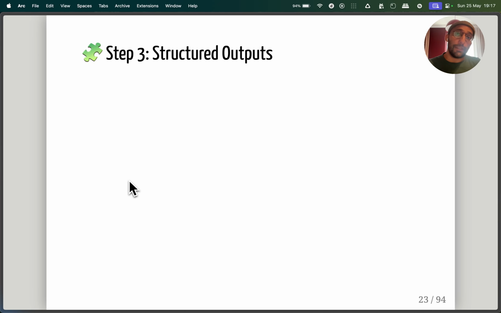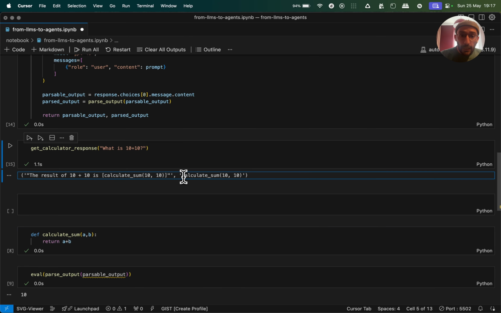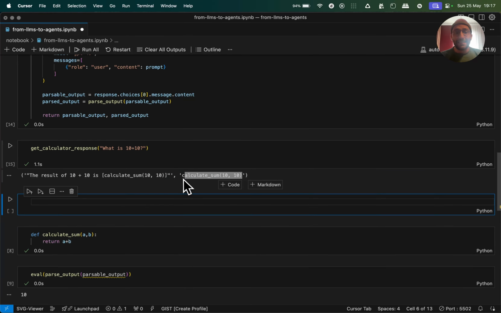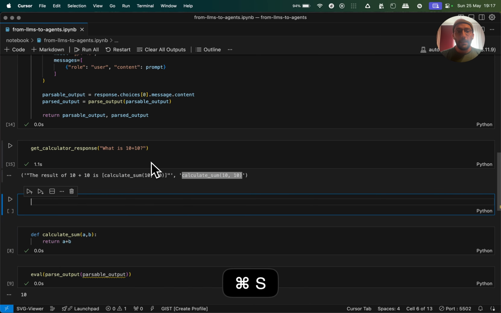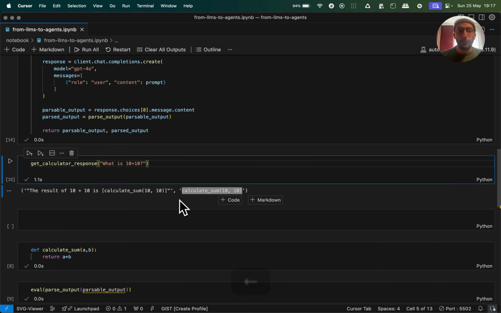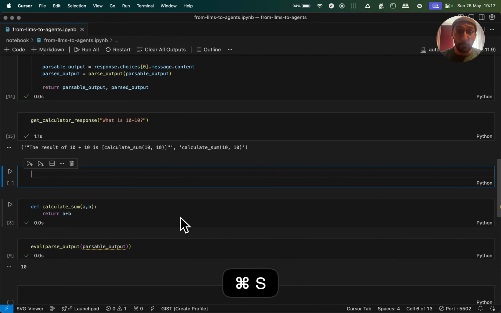Now, the other thing that we need is a little bit more structure, right? Because imagine outputting calculate the sum of two numbers. That's a little bit tricky and risky, right? Imagine if I used probably GPT-4o Mini or a local model, maybe we would get extra things and not just the calculate sum call here, or the model could change the name. There's a bunch of stuff that can happen.